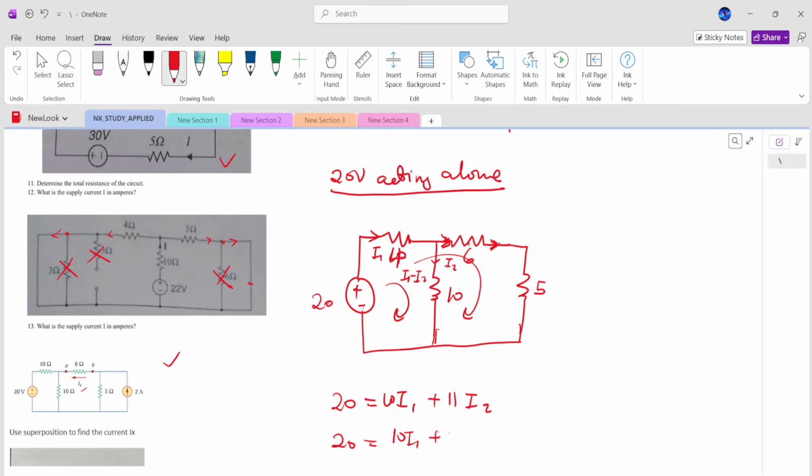Okay, this is rather 6, this is 5, it's 10, it's 10. So 10 I1 plus 10 times I1 minus I2. So in all, it's going to be 20 I1 minus 10 I2, right? If you put that in our calculator,